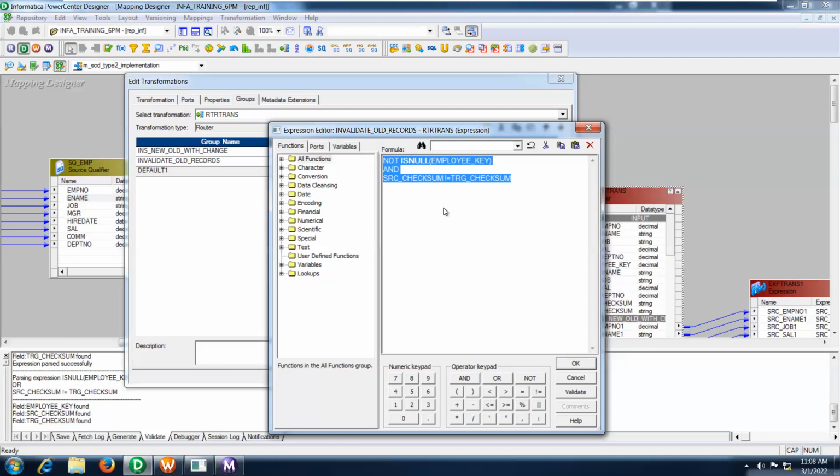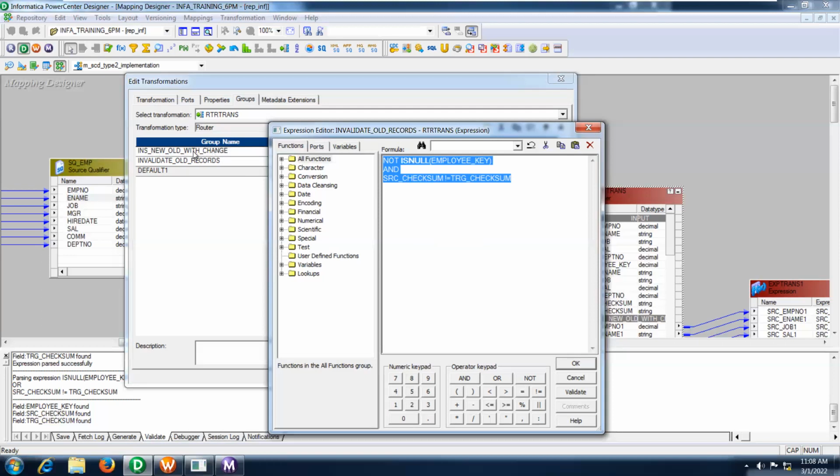Okay, invalidate the existing record, and the same record's values you will receive again with the update that you are going to load into your target table with the help of this particular condition, that is insert new and change update old.